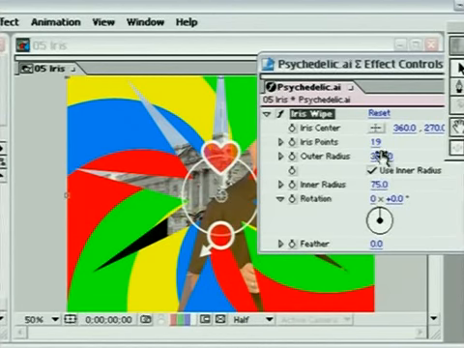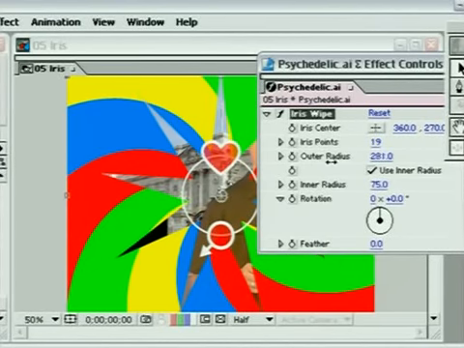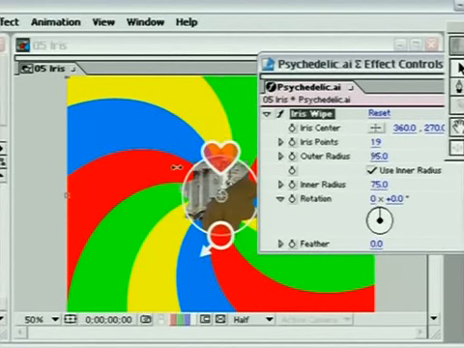Okay, now the outer radius is what's going to animate. This is the important thing because as we saw already, the outer radius is what reveals the layer underneath. But this presents us with a small problem. The inner radius at the moment has been set, and if I took the outer radius and keyframed it in order to animate it, we're going to have an interesting effect. We're going to actually turn the shape inside out and come all the way down here,